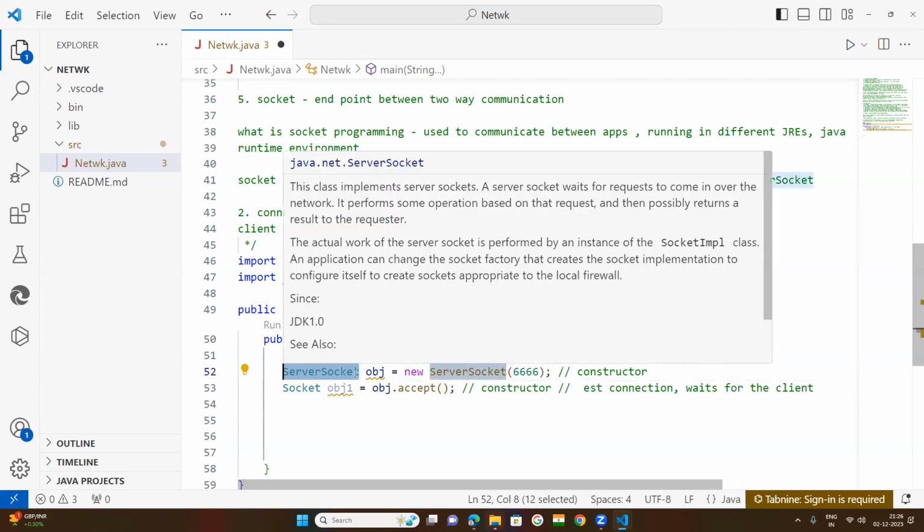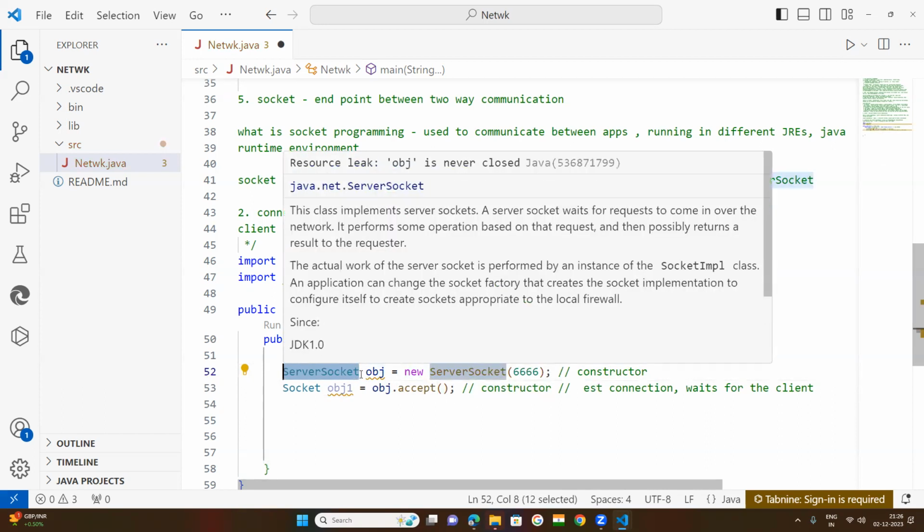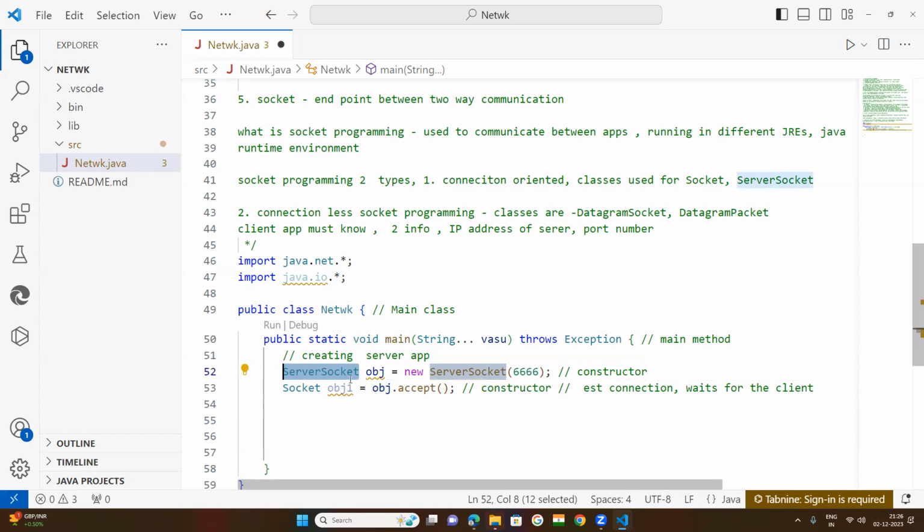The ServerSocket class is part of the java.net package. This ServerSocket class will be used for socket programming whenever you want to make connection-oriented socket programming. Two classes will be used: one is Socket, and the other is ServerSocket. The object is created using the constructor of the ServerSocket class, with the port number given, because